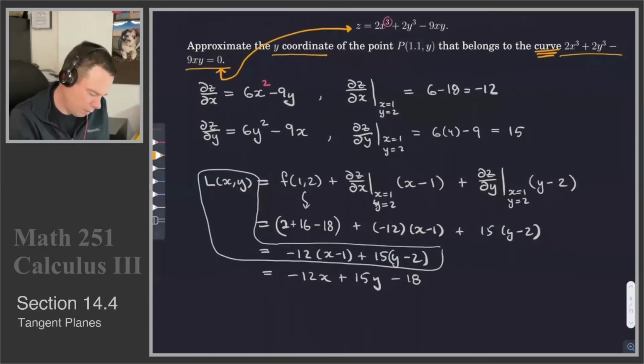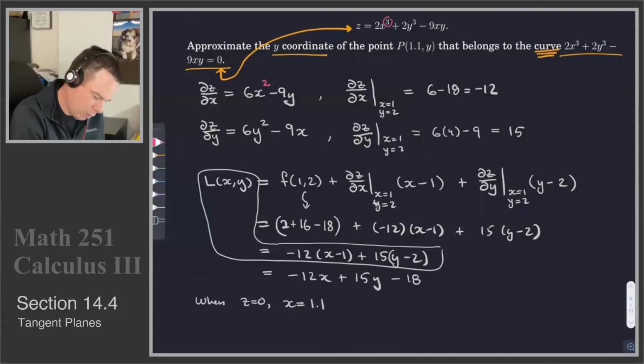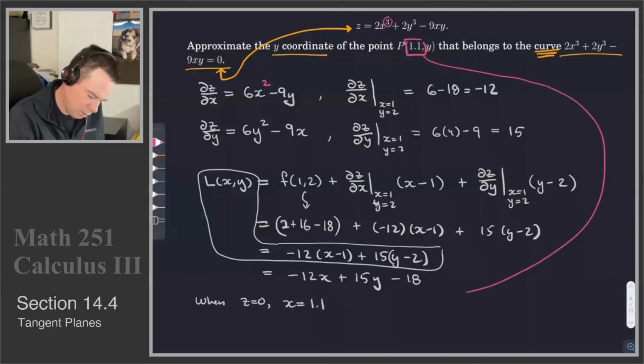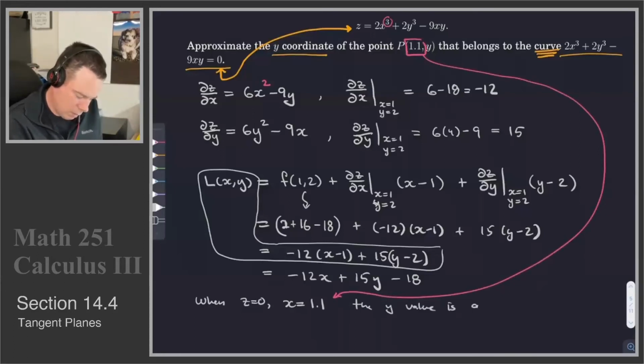So that means we are interested in when z is equal to 0, x is equal to 1.1, because that's the value right there. So I'll maybe draw an arrow. The y value is approximately,